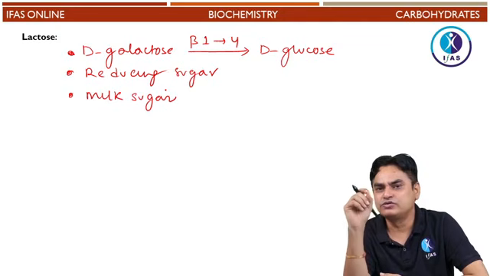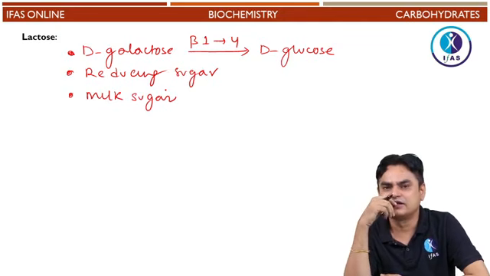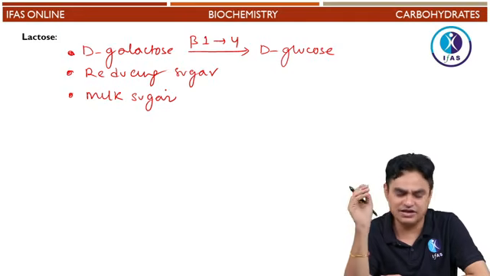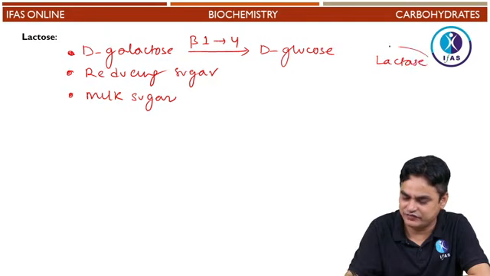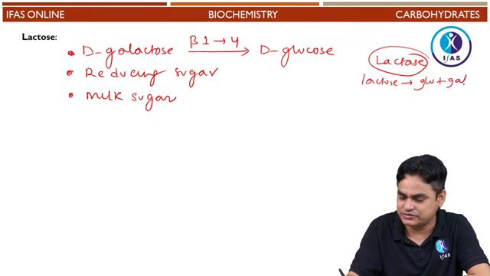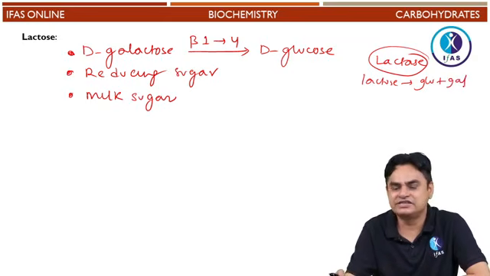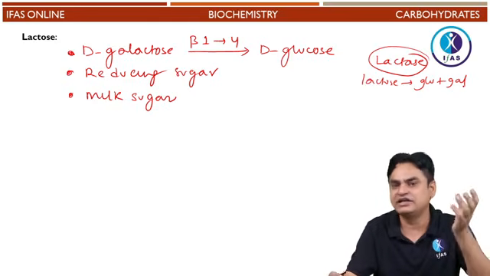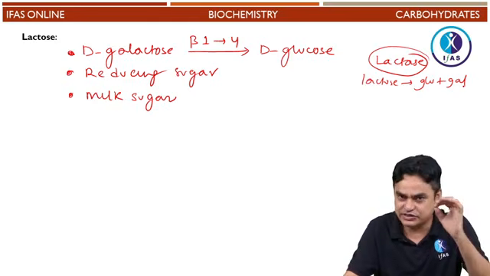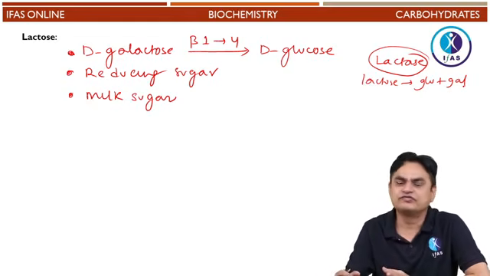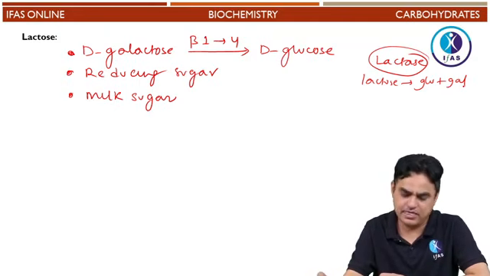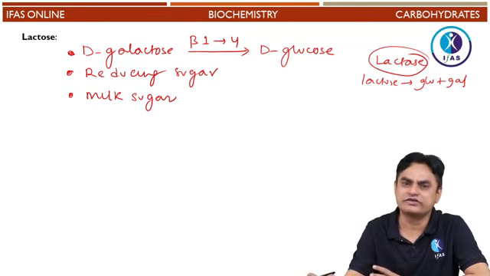Maltose could be cleaved by maltase. Similarly, lactose could be cleaved by lactase. So lactase is an enzyme which can convert lactose into glucose plus galactose. It is present in microbes. Even our intestinal cells express it, but as we age, the expression of lactase decreases, and that's why often persons of old age have difficulty digesting milk. Okay, this phenomenon is referred to as lactose intolerance.